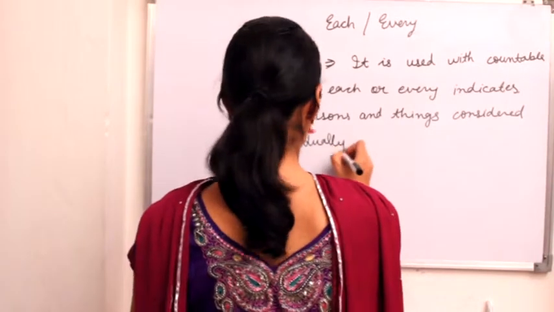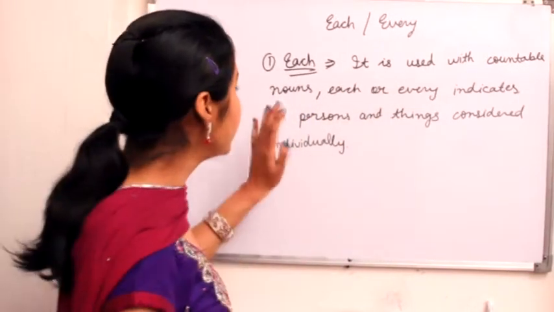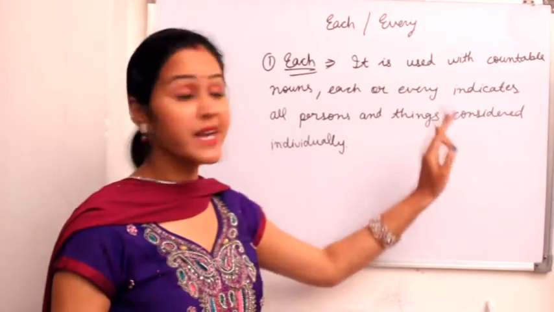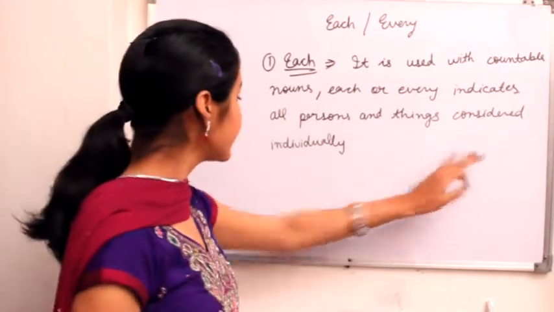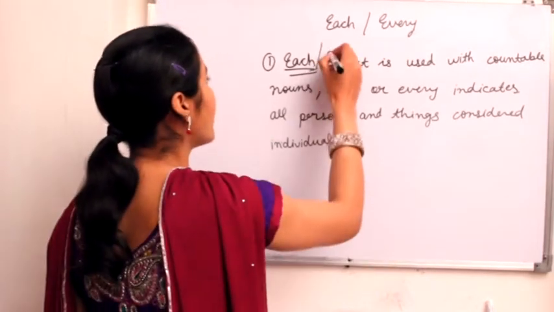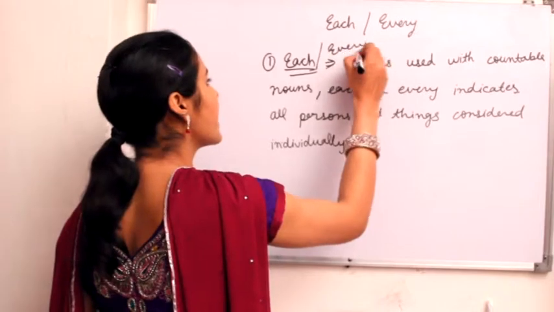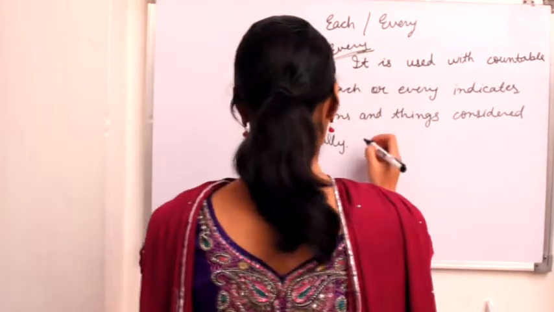So it is used with countable nouns. Each or every indicates all persons and things considered individually. Okay, so I am talking to you about each and every. So right now I added here